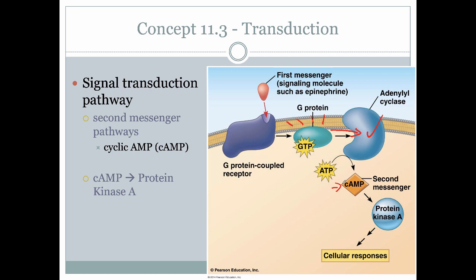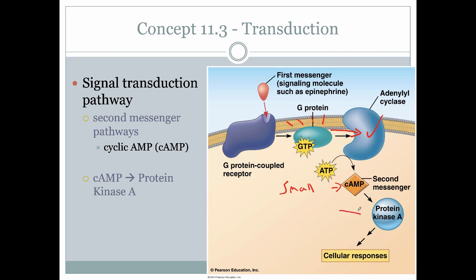Okay, so what do these second messengers do? Well, a characteristic of second messengers is that they are small molecules inside the cell. What that means is once they're made, they will rapidly diffuse inside the cell. And these second messengers will then bind to proteins that have binding sites for them. So there are a lot of proteins that are activated by these second messengers. And so the example I'm going to give you is a very common mechanism that the cell uses for lots of different purposes. It makes cyclic AMP, and one of the proteins that responds to or binds to cyclic AMP